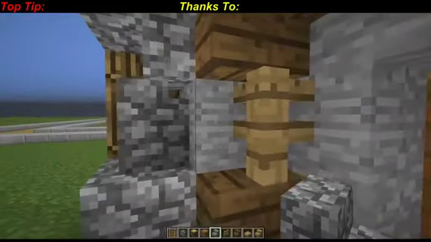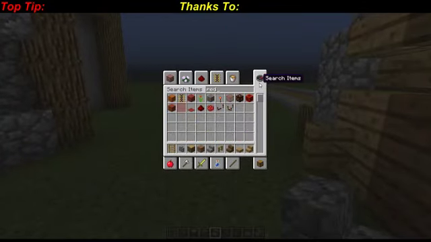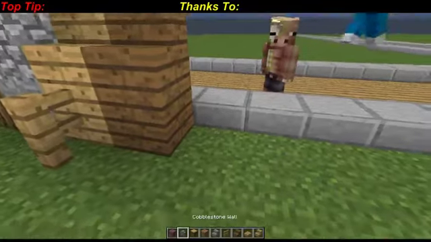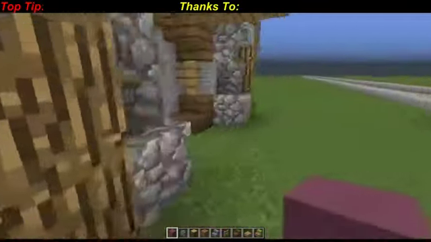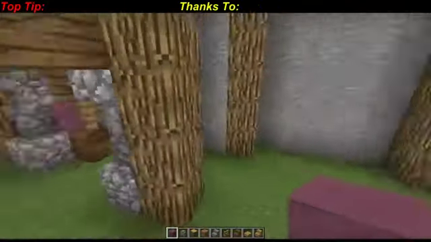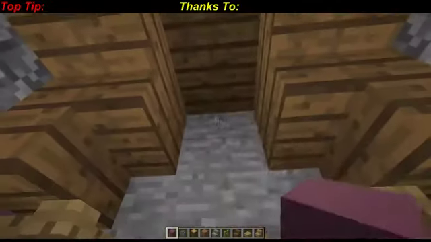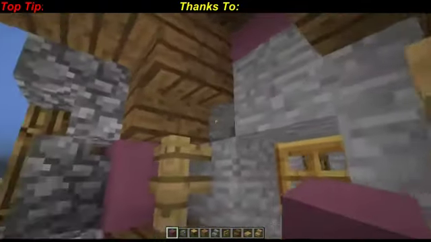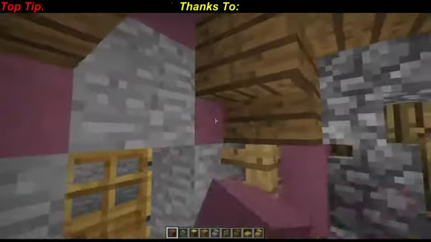Now the one thing that I'm going to do soon, we're going to pick a color block. I think we're going to go with like a red, maybe a stained clay. Let's go with purple stained clay for now. And we can add some color into our build. Now always be aware, as we begin to add color, generally the best way to think about a color block is to build it in